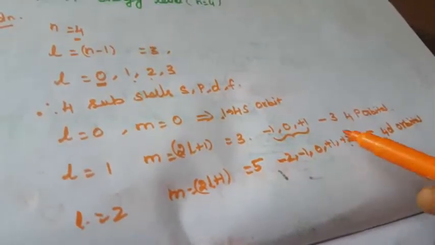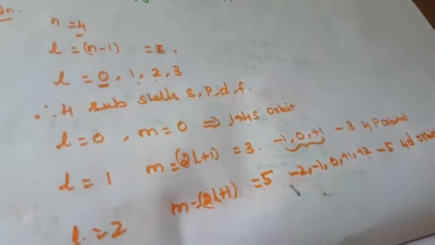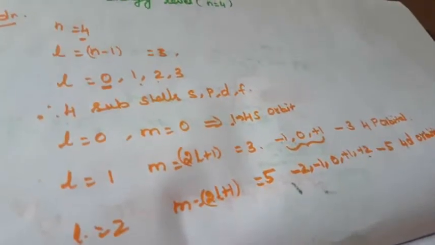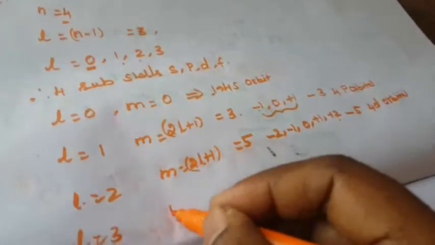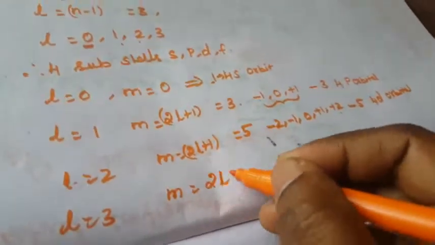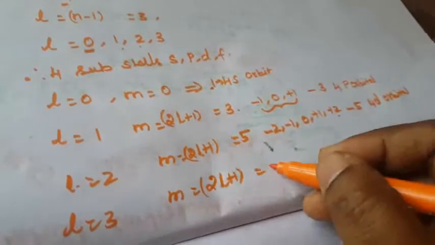So that is the 5 sub energy levels. This is the 3p orbital sub energy. So that is a degenerate orbital. So next one is L is equal to 3. What is L is equal to 3? The number of M values is 2L plus 1, which equals 7.